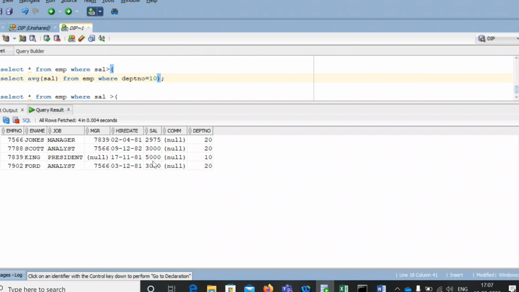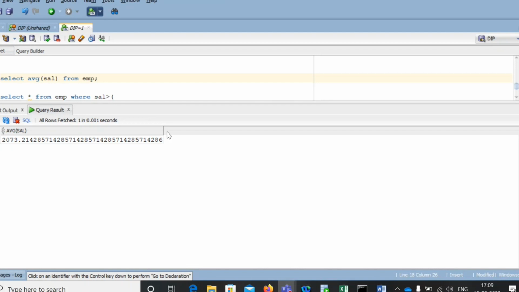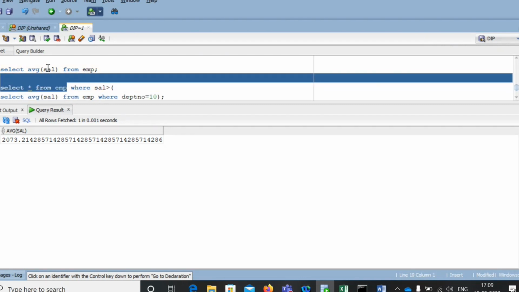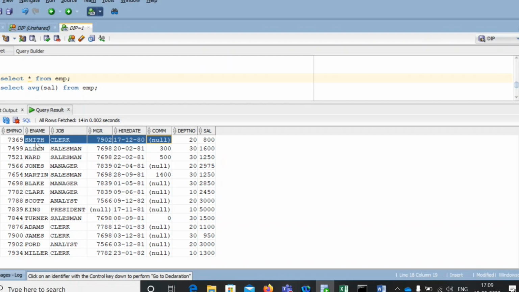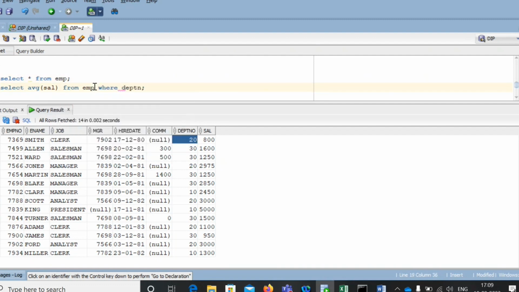Correct. I just want to pull who are all having a salary greater than the average salary of their own departments. So now I'm trying to display. You can check. See, while displaying the employees, if I want to display Smith, which is related to department 20, what is the department 20 average salary we have? Department number